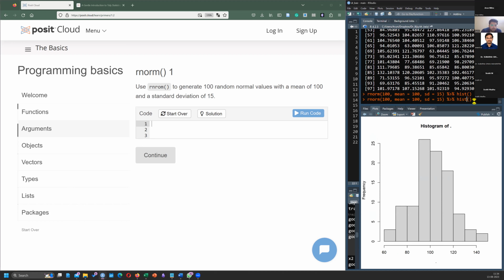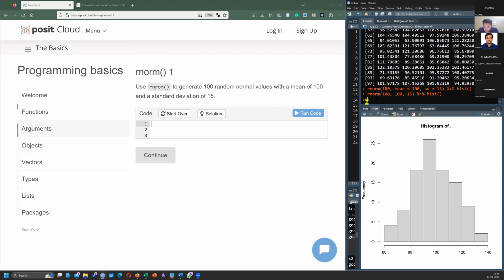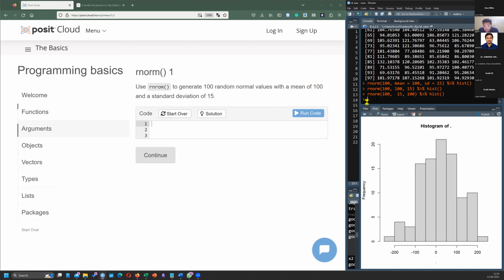One other thing I can do. If I give this, now also it is correct. But if I change mean and sd to different places, it's going to consider them differently. So sometimes even if you don't give the name specifically, you should know the order, but it's always good to do it this way.